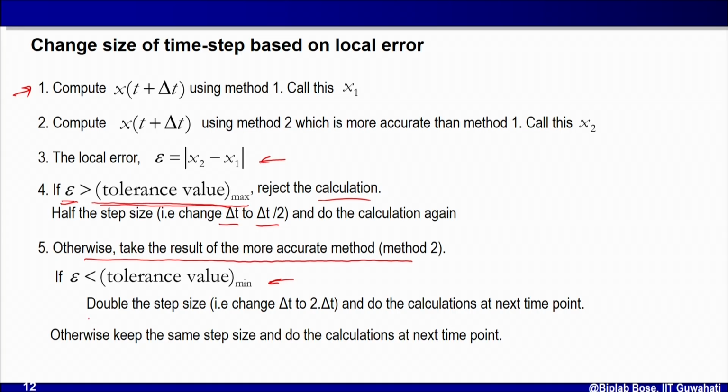So, what you are doing here, you double the step size from delta t to 2 delta t and do the calculation for the next time point. Otherwise, you maintain that delta t as the same value. Now, you move to the next time point and do the same calculation and use the same logic from 1, 2, 3, 4 and 5 and calculate the value of x.